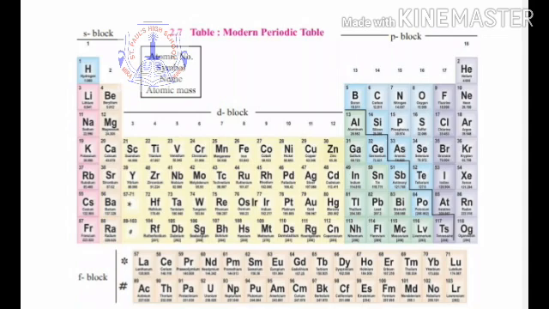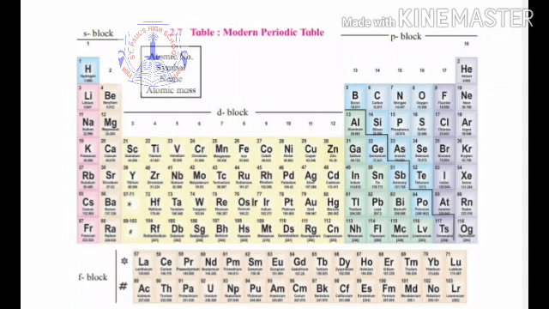Okay children, now based upon the arrangement of the electrons on the various shells, we will be classifying the entire table into 4 types of elements over here. Okay, we have got the 4 types of elements. The first category are the normal elements. Normal elements means those elements whose last shell is incompletely filled. The earlier shells are completely filled, only the last orbit is incompletely filled. And group 1 and group 2 belong to normal elements, and here group 13, group 14, 15, 16 and 17 also belong to the normal elements. Okay, so the first category will be the normal elements. In these elements only the last orbit is incompletely filled.